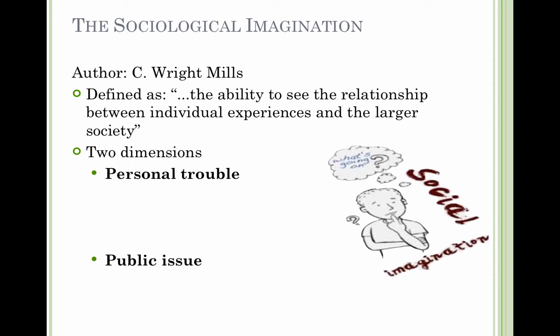Public issues are those matters that are beyond our own personal control. These might be things that originate at a society level: government policy changes, a new government comes into play, we have new policy, and so it affects us as individuals. So when we look at it from the perspective of family, there are some things that might be the family's own responsibility, and there are other things that can be a result of societal shifts and changes.